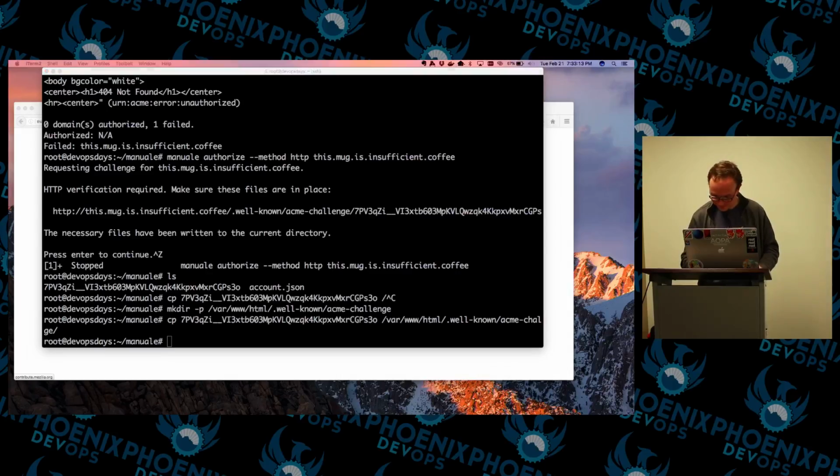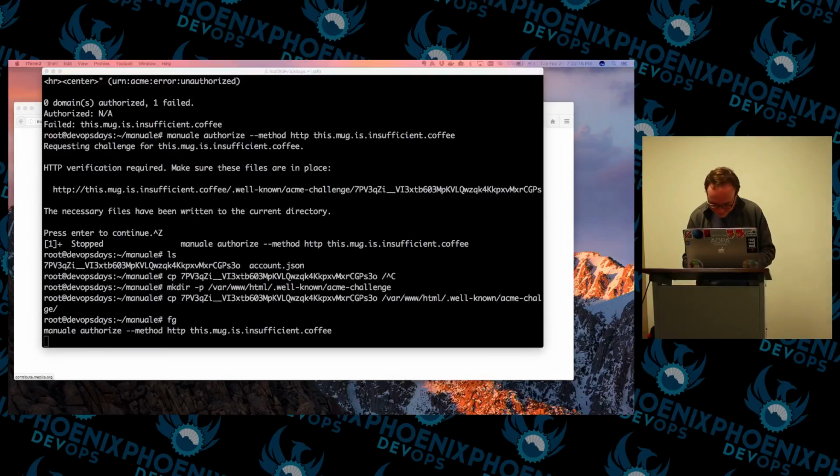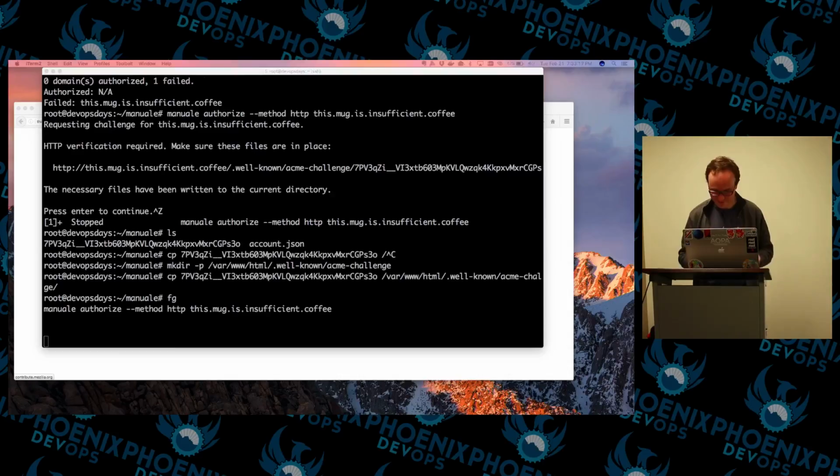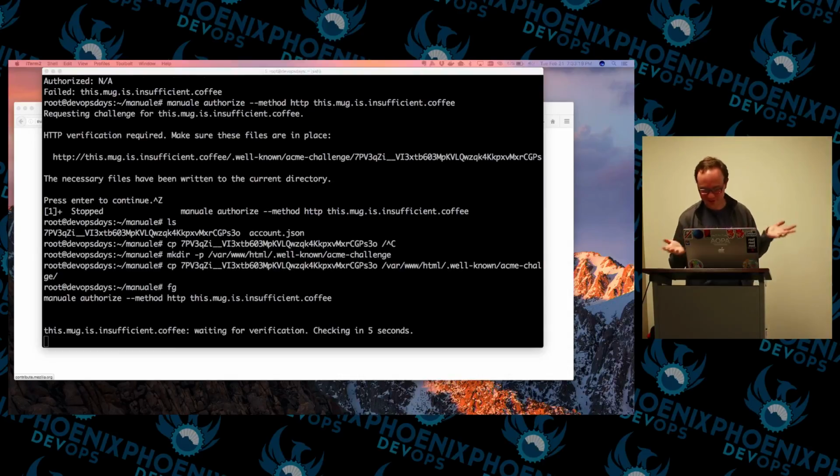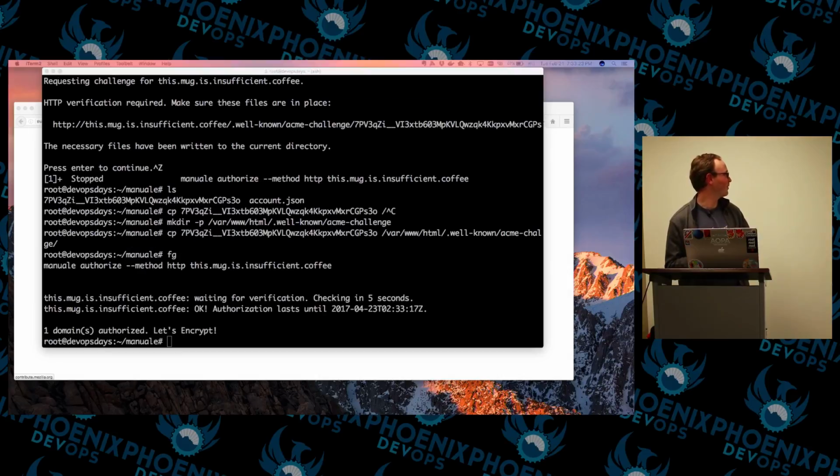So that tells me that it should work when Let's Encrypt tries this. So let's try it. Foreground. We'll press enter. Waiting for verification, checking in 5, and then it's going to write the certificate, or actually, this didn't write a certificate. It's authorized. Is that 5 seconds for you to copy that file? Well, once you press enter, you got 5 seconds. In reality, you have much less. It doesn't work quite like that. There's a poll required in the protocol that Let's Encrypt